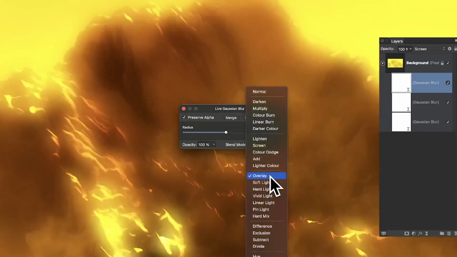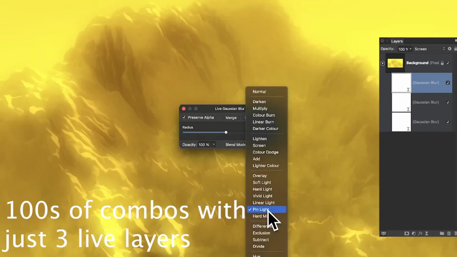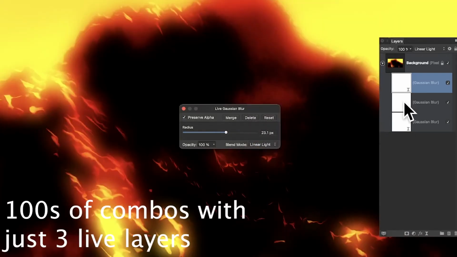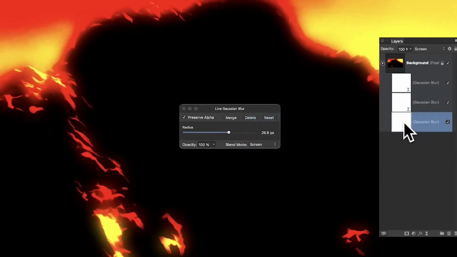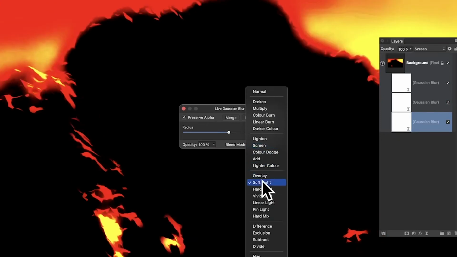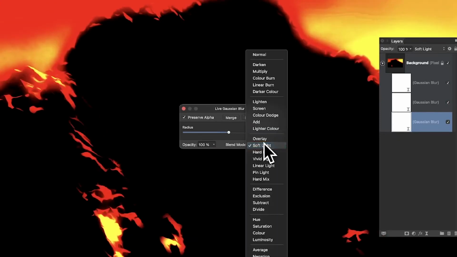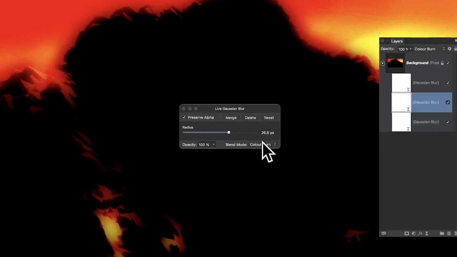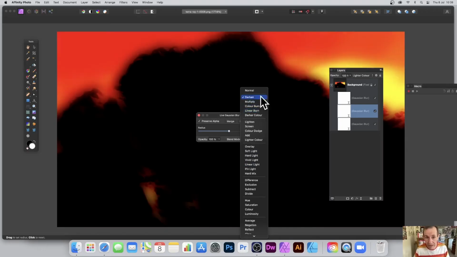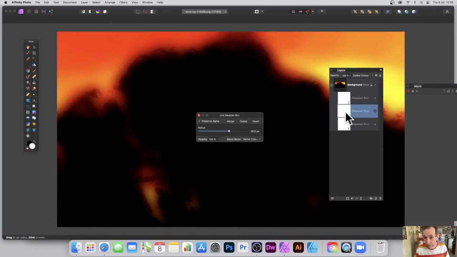You can also go through the various blending modes. So I'm just going to go for maybe linear light. Select that one, and again you can go in and select change, multiply, color burn. Select this one. Go for soft light or color burn and run through them, multiply. Select that one. So a lot of different combinations, and you can create all kinds of weird and wonderful images